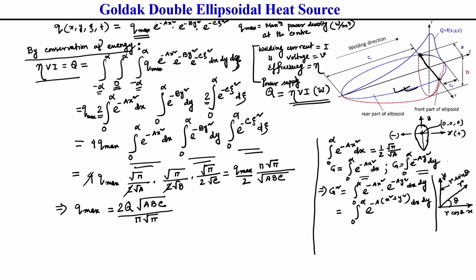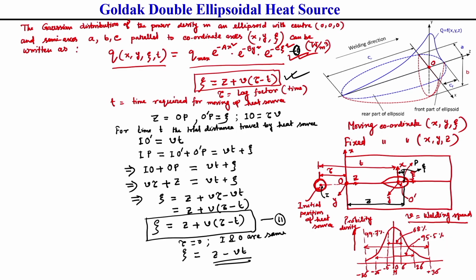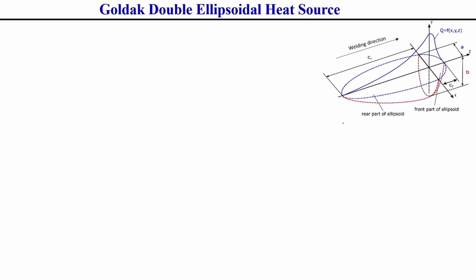From here, generally, very interesting things we can get. x square plus y square you can write as r square, correct. Apart from these things, we can write dx dy equal to r dr d theta. How it is coming, that I am going to discuss. This r dr d theta, how it is coming, a little bit in the next slide I am showing, then it will be more clear to you how this r dr d theta comes.